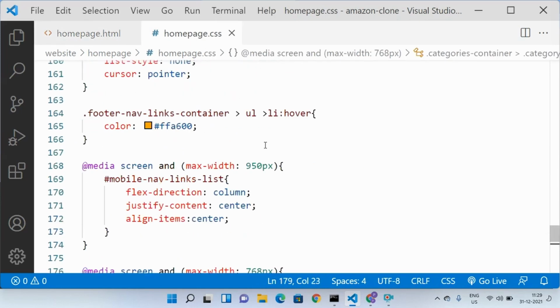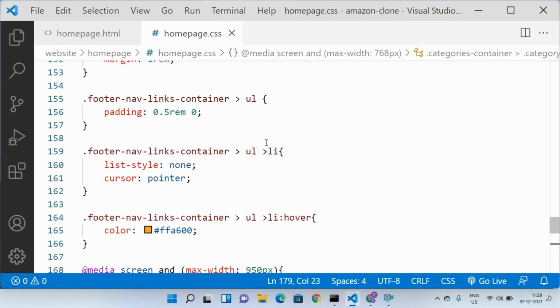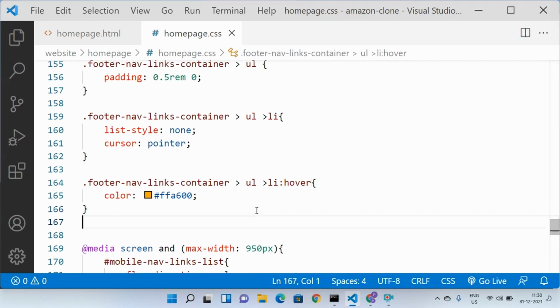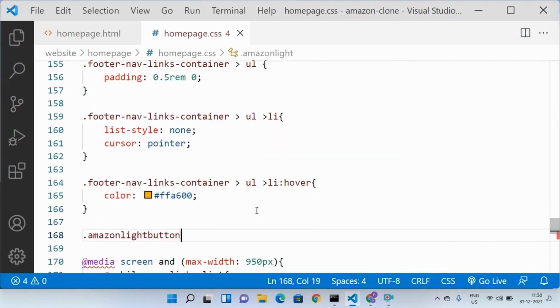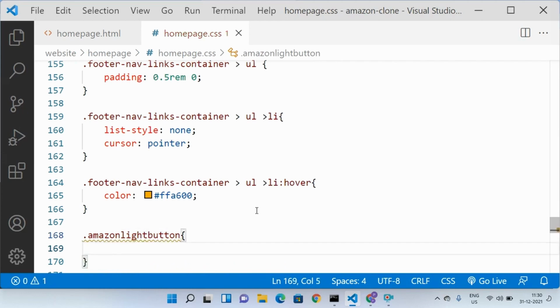Yes, now let us go here and let us target that, which is Amazon light button. So let us add it at the end. Amazon light button.